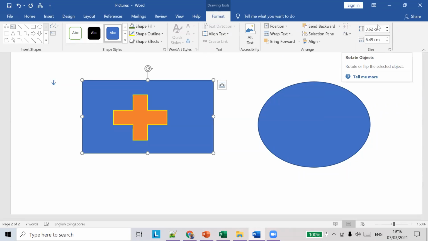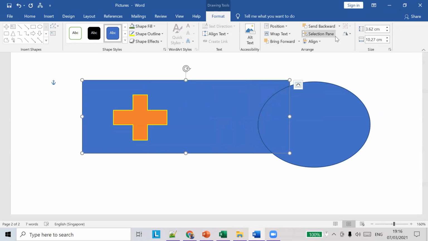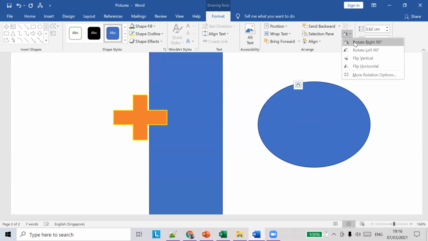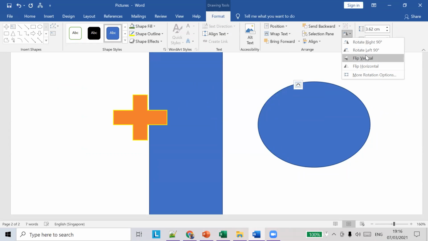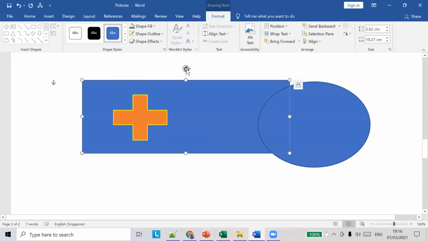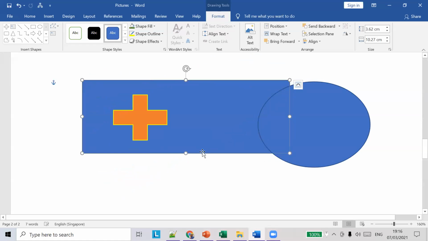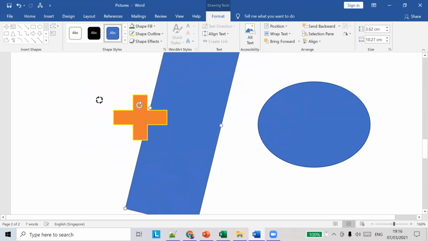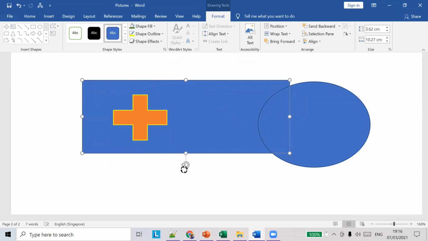So we saw how to resize a picture also. And if you want to rotate the picture, you can do it. If you want to rotate the rectangle from left to right or right to left, you can do it. Click on this, rotate left, rotate 90. All this we can do. And if you want to rotate up to a certain degree, you can do it here using this option. There is a handle for this. So select this picture, click on this handle, and you can rotate your picture if you want. You can do this kind of formatting on the picture.